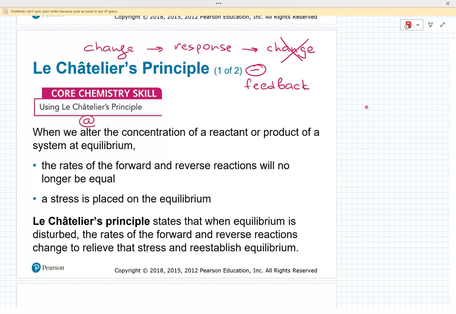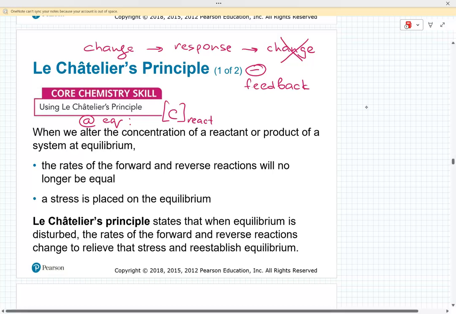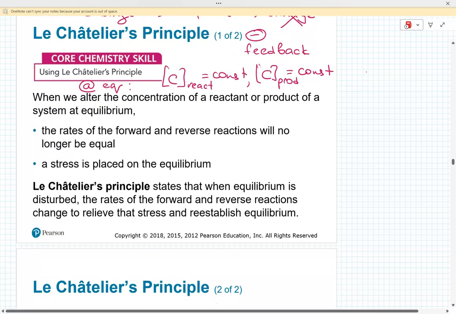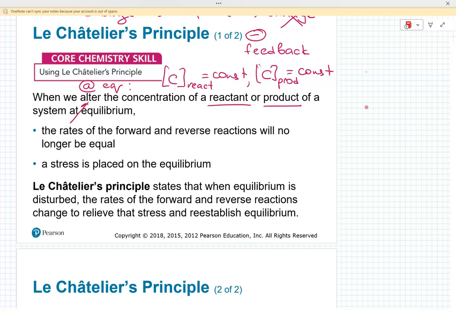Remember that at equilibrium, concentrations of reactants don't change, and the concentrations of products don't change as well. They're constant. This is the definition of equilibrium. They're not equal, but they are constant. Got it? Now, if you will add or remove reactant or product, in other words, if you will change the